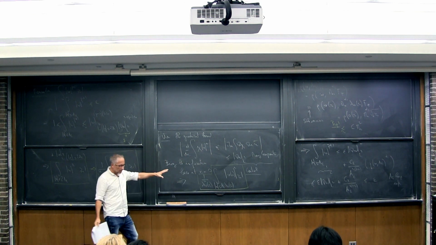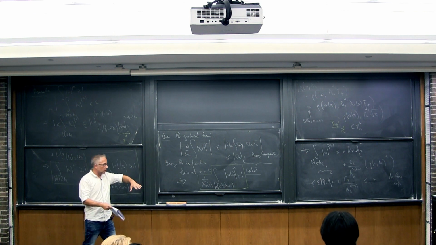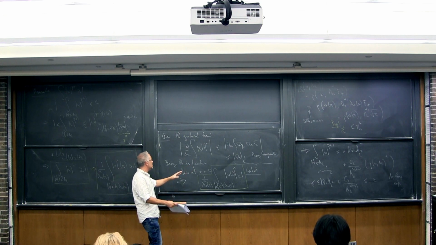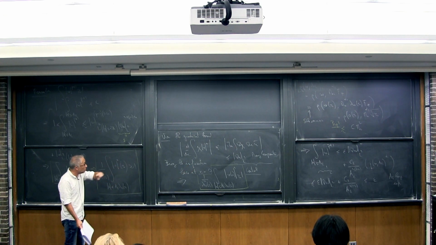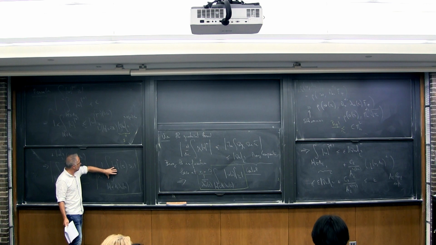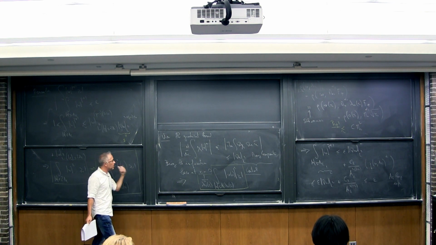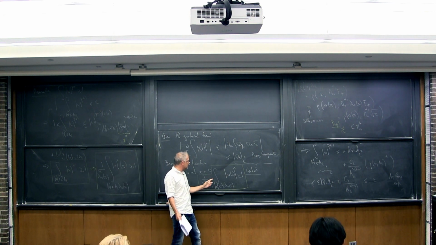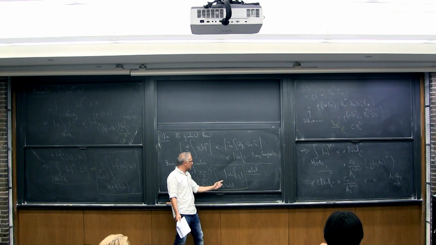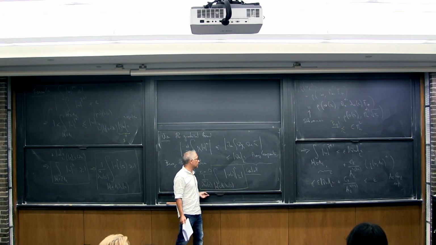Okay, but again, the key is exactly this. I look at my v of t naught, I renormalize it necessarily at t naught just because of energy constraint and control of my scale invariant norm. I have a non-trivial concentration at tau naught, and now because I control the fluxes, because I control the gradient, I can bring this information back to data, and necessarily my data, when I look at it at this size, needs to be non-trivial.